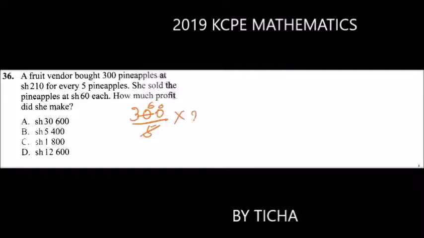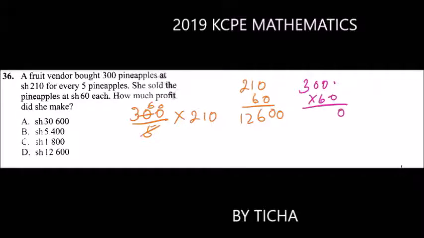You multiply by 210. So 210 multiplied by 60, that will be 0, 0, then 6, and 2 times 6 is 12. She sold the pineapples at 60 shillings each. So you multiply 300 by 60. So this means that this is the amount she made. That is 18,000. From there you subtract